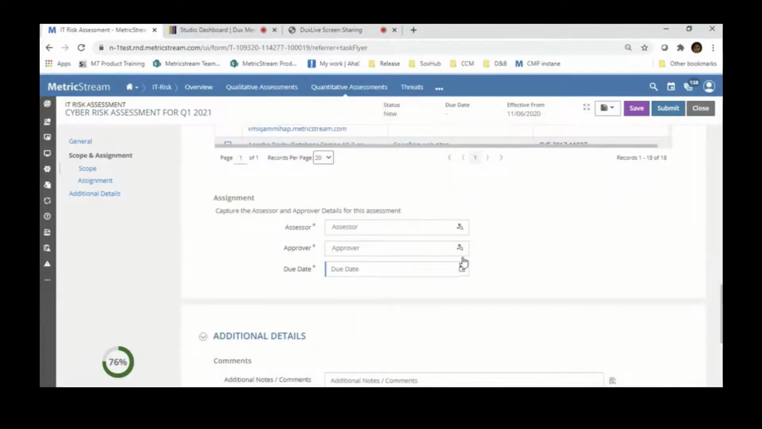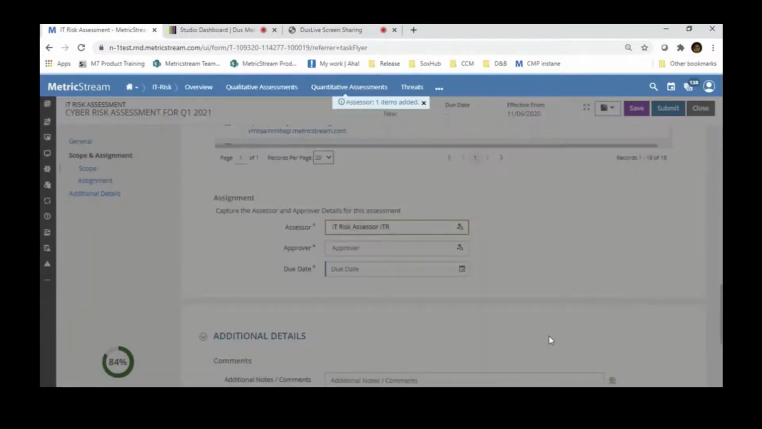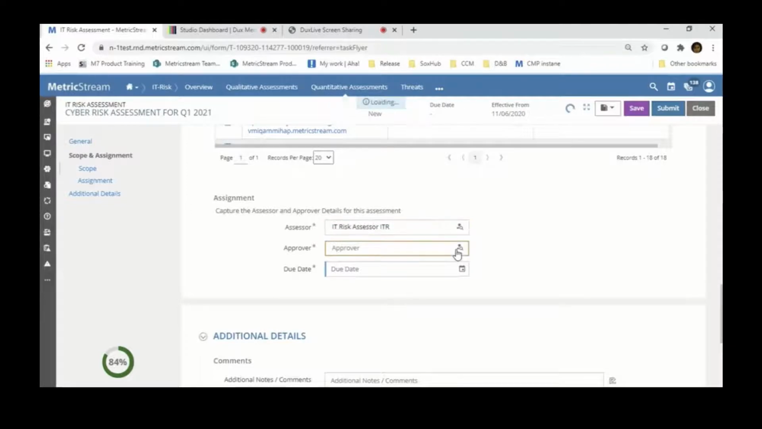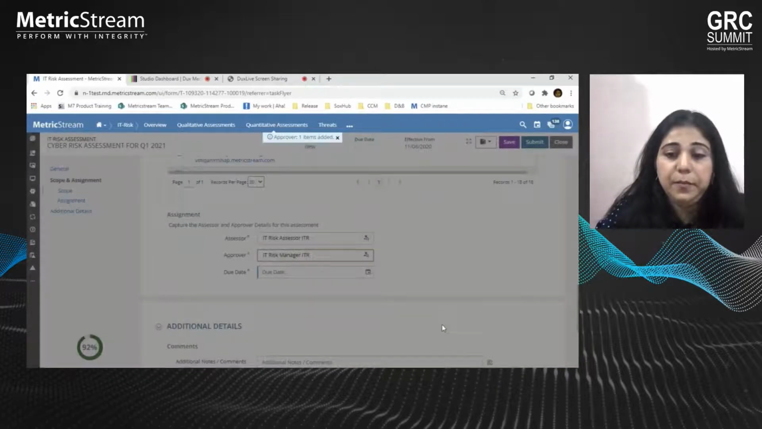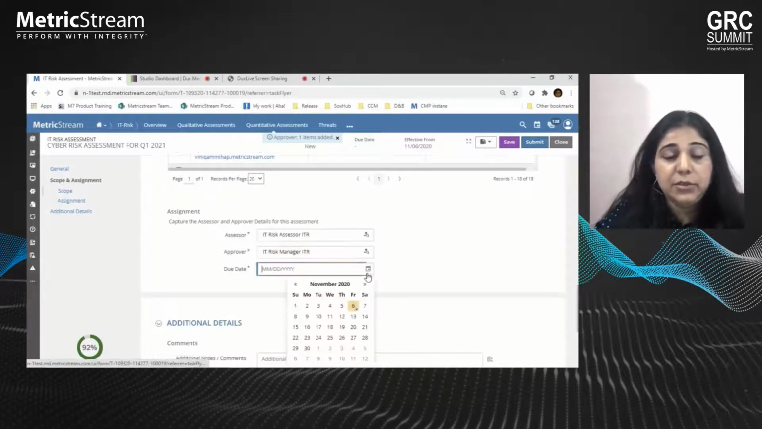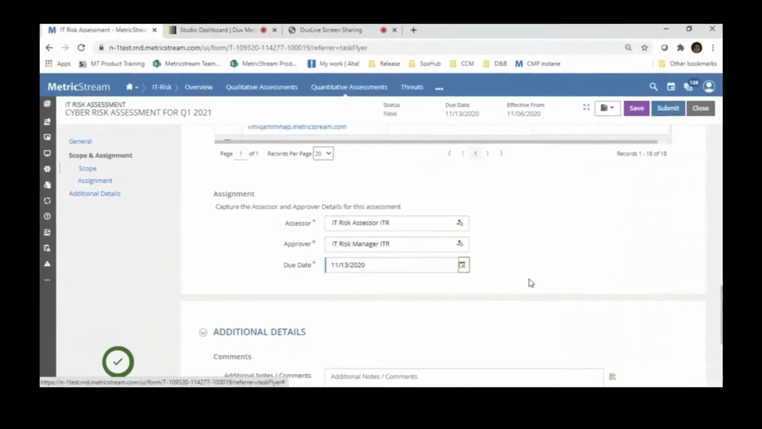Now comes the who part. This basically tells me who is going to perform the risk assessment. So I can go ahead and select, let's say, an assessor who will do that. Then I can select who is the approver who will be approving the risk assessments once done. And I can give a due date, which tells me by when I should complete this assessment. So with these three aspects, you input this form, and you are good to go for your risk assessment. So if I submit this, I will get an assessment